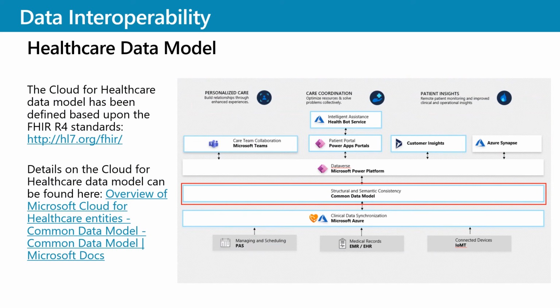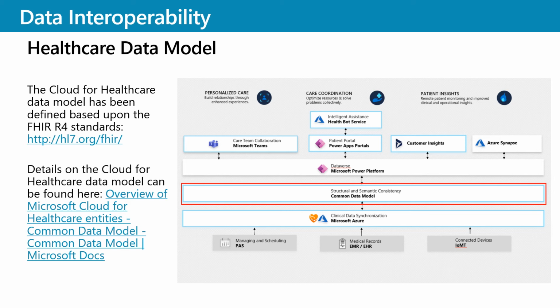Healthcare data model. The healthcare data model for Dynamics 365 is based on the Fast Healthcare Interoperability Resources, known as FHIR, standard framework, Release 4. Microsoft is making it easy for partners and customers to create new use cases and workflows without redefining the healthcare data architecture. The FHIR-based model makes implementations for healthcare customers easier, quicker, and more secure. Learn more about the FHIR standards framework at